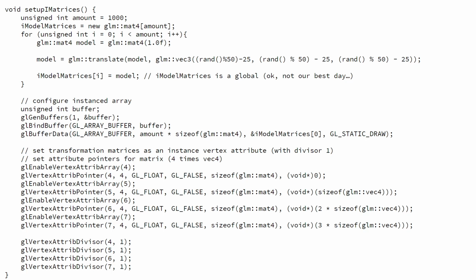At the top we have unsigned int amount, 1,000. We make room for 1,000 4x4 matrices, GLM style. Then we create 1,000 random locations between -25 and +25 in each dimension, so we basically have a cube with varying points.